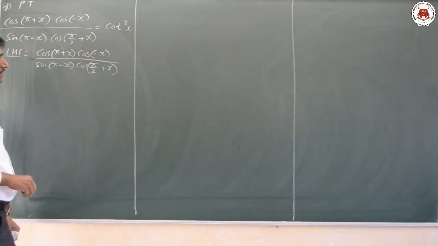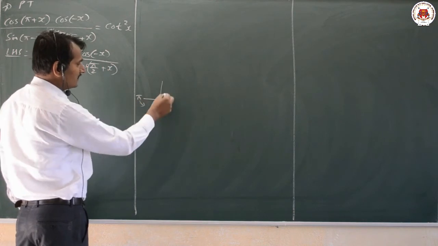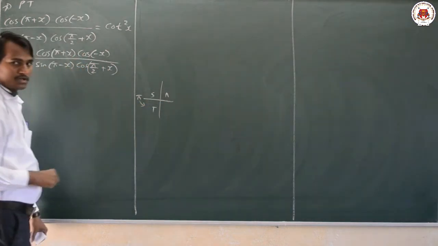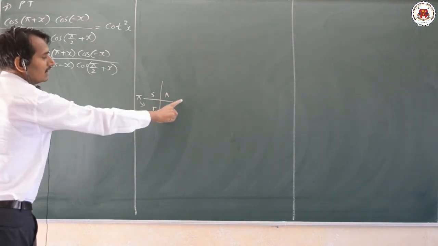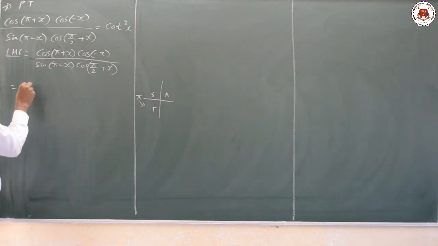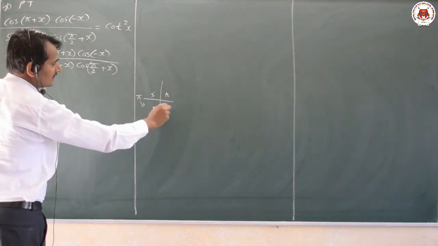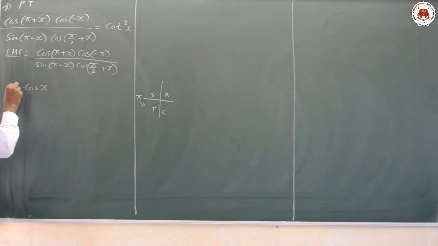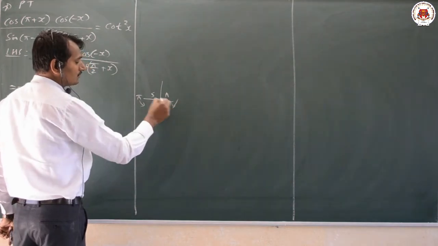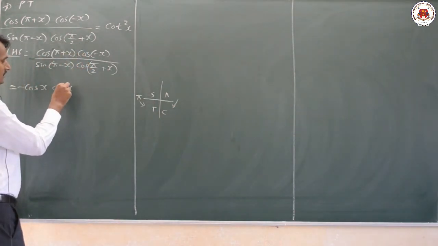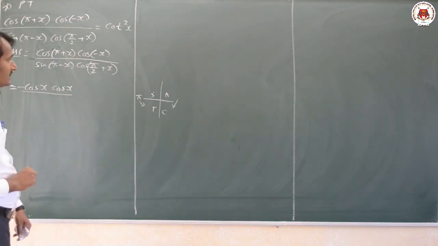Now what is the value of cos of (pi plus x)? Cos of (pi plus x) comes in the third quadrant. In the third quadrant cos is negative, and with pi, on the east and west poles, the function remains the same. So cos remains cos of x, but since in the third quadrant cos is negative, I will write it as minus cos x. Similarly, cos of minus theta comes in the fourth quadrant, where cos is positive, so I get cos x only. That is the trigonometric functions of allied angles, dear students.